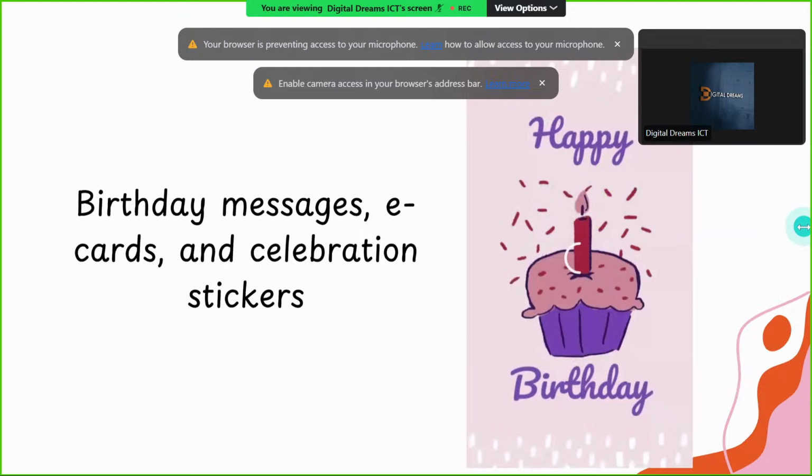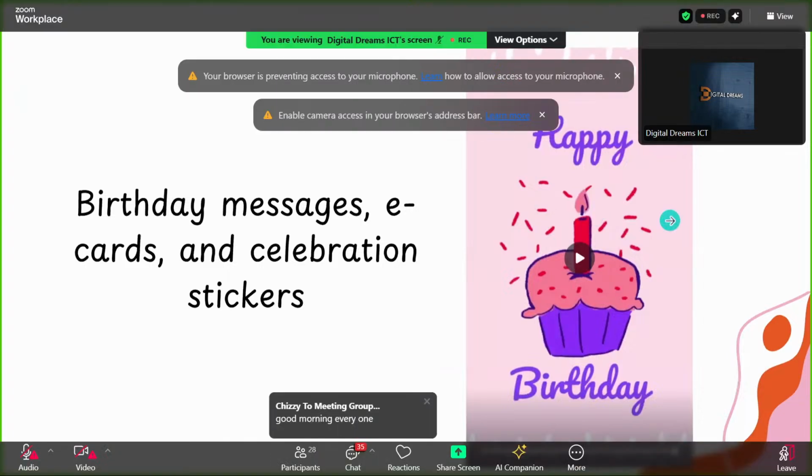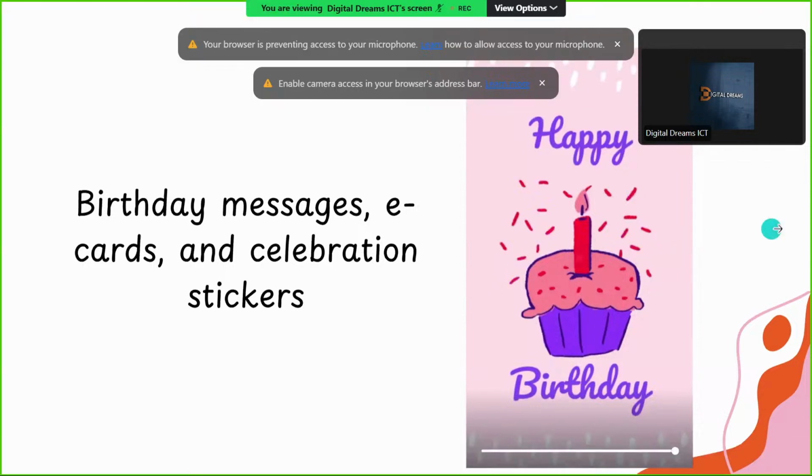We see them in birthday messages, e-cards, and celebration stickers. Just look at this birthday flyer design. It's a very simple design, and then it is so fine. Let's look at how the colors are changing, and the candle too is just flickering, like as if it's bouncing. So it looks like how candles used to do when you light them up. It's not looking real. It's just a simple animation, simple design, but it's very fun to look at. Okay,